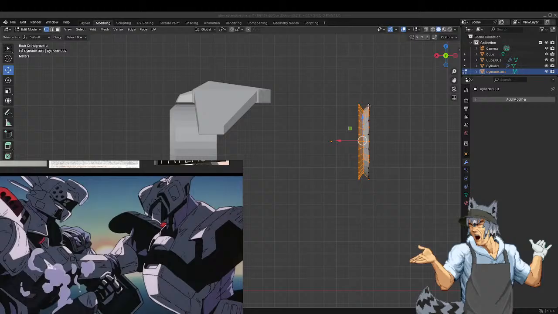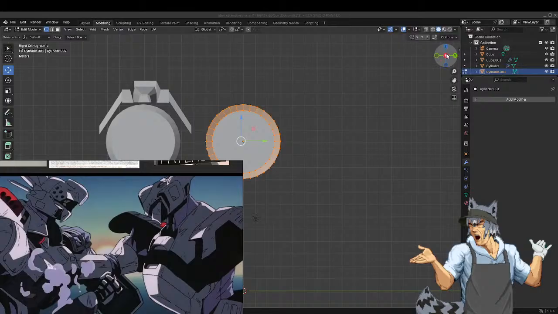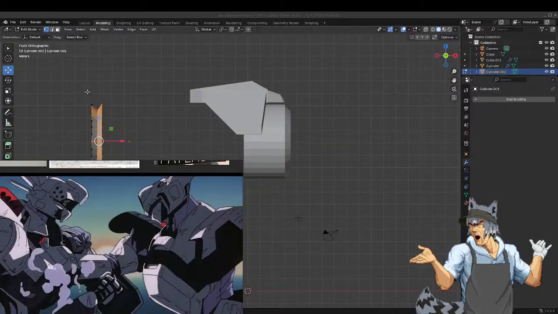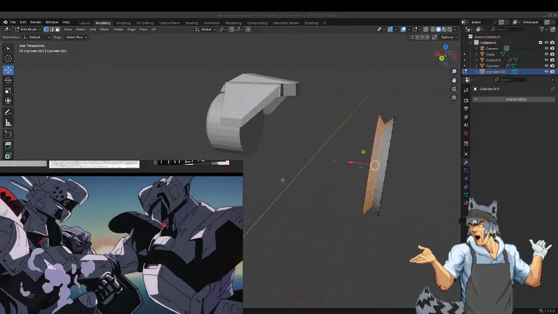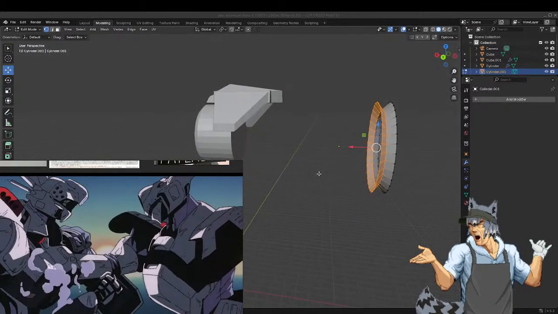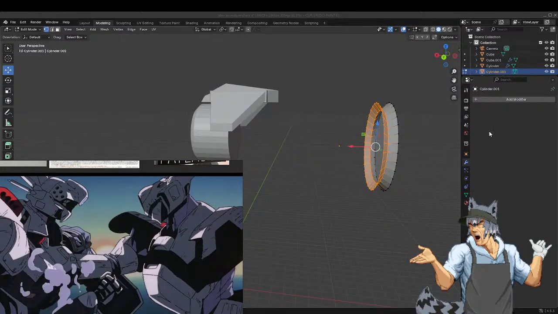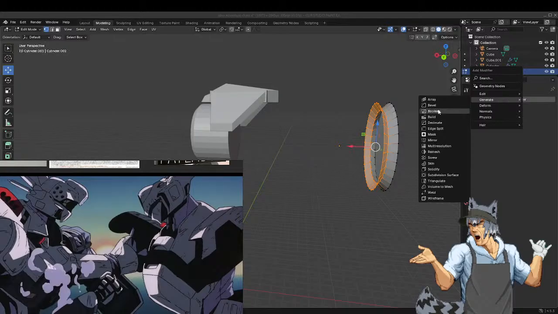Now does holding... okay. Does Alt select doesn't do anything. Control select does, however. And we have to go to -Y. Okay. So the problem is I want to